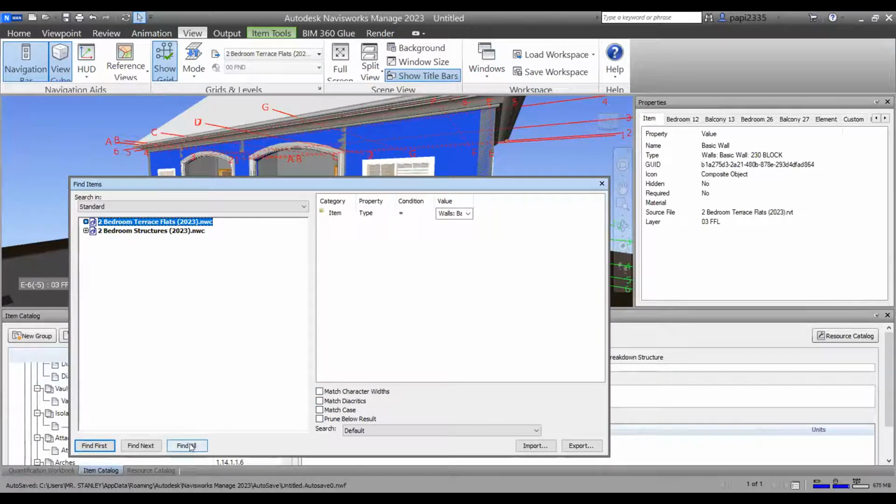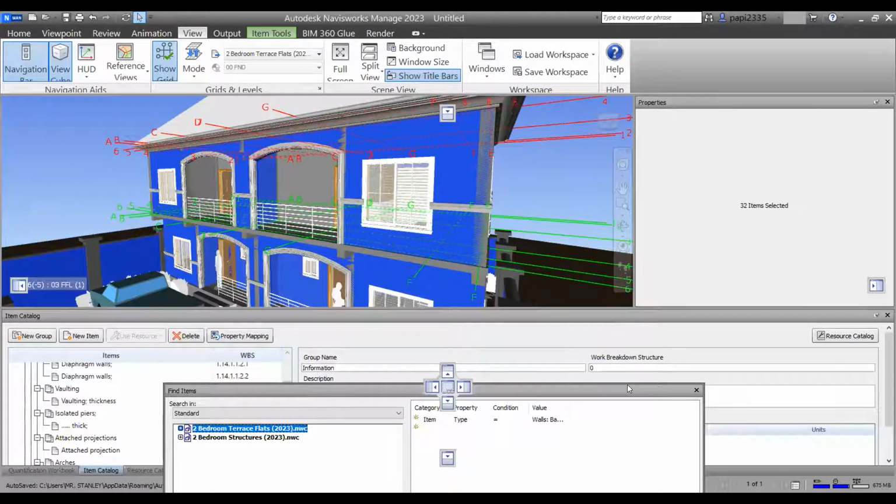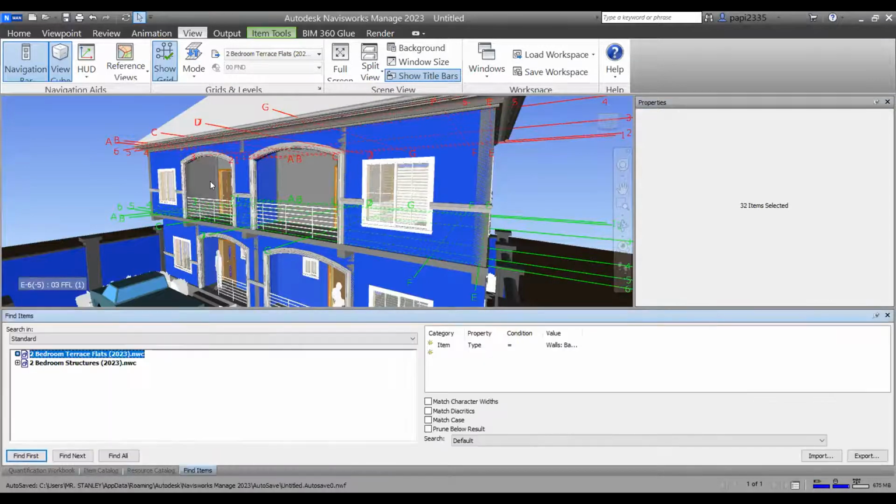So as soon as I run that information now, the application tells me on the property window that I have 32 items that are selected. And when I look now, I see that I have 32 different items that are selected. All of them are 230 block walls. It did not go and select this wall here, which is a 150 block wall. Rather, it has selected all my 230 block walls wherever they are, regardless of their location. So once I've done that, I can now come down to my quantification,